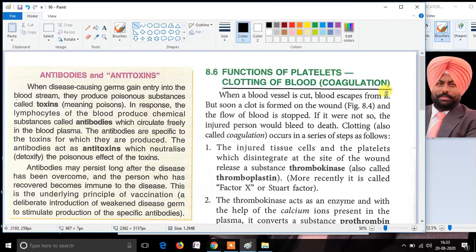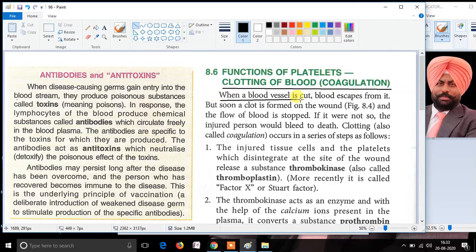In our previous videos, we have discussed blood, different parts of the blood and the components of the blood, so just watch those videos to get the information on that topic. Now, moving on further, let's see the clotting of blood. How does the blood clot?